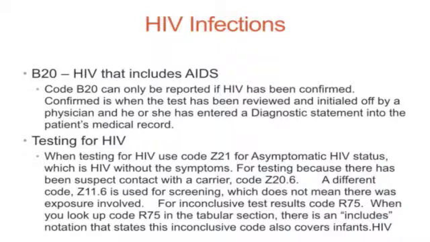Testing for HIV. When testing for HIV, use code Z21 for asymptomatic HIV status, which is HIV without the symptoms. For testing because there has been suspect contact with a carrier, code Z20.6. A different code, Z11.6, is used for screening, which does not mean there was exposure involved. For inconclusive test results, code R75. When you look up code R75 in the tabular section, there is an includes notation that states this inconclusive code